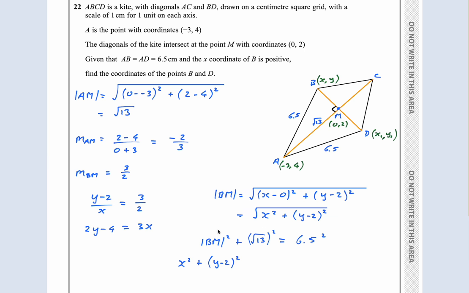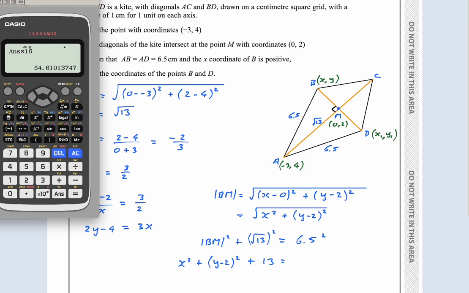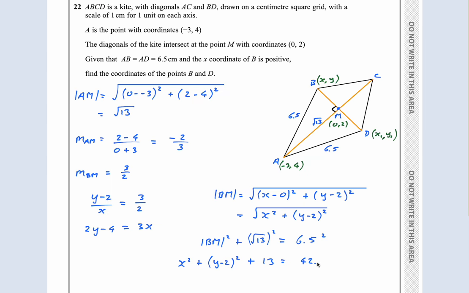And because when I square it, it gets rid of the square root. And root 13 squared equals 13. And 6.5 squared equals 42.25. Okay, so now guys, I'm going to be wrong, as I say, this is difficult, but now at least